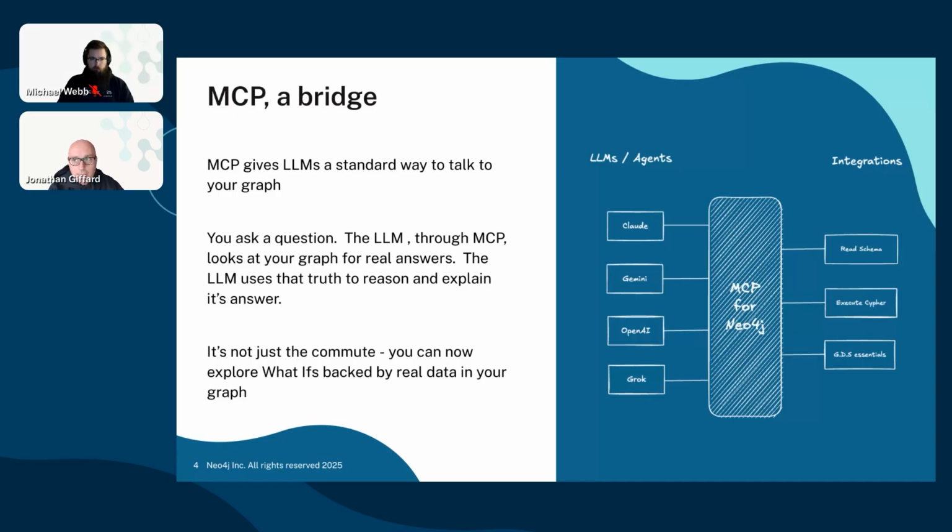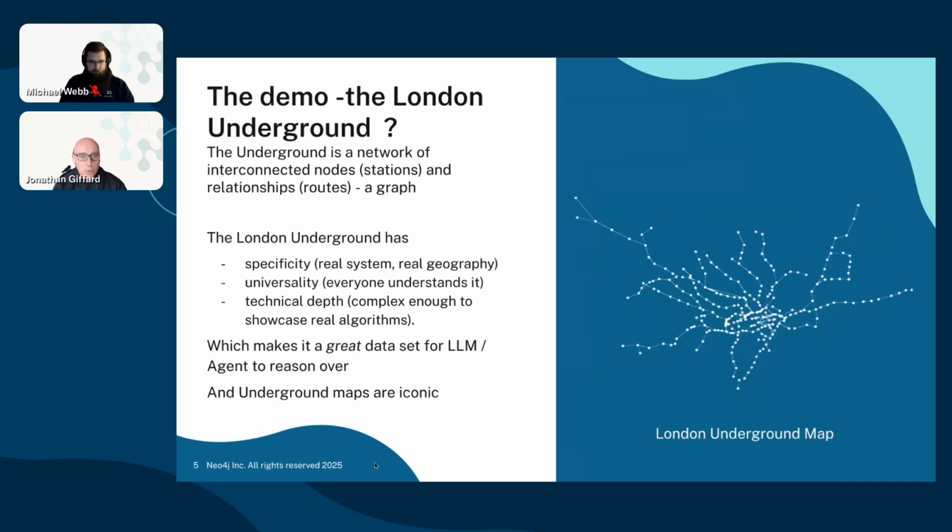So let's talk about what Michael's going to do over the next remaining time we have together today. So on to the demo. We're going to use the London Underground. And that little drawing on the right you can see is the London Underground, but it's plotted by where a station is. So it's using the geographical locations of stations to show you what that looks like, as opposed to the diagram you normally see of the London Underground, which is more focused around the routes.